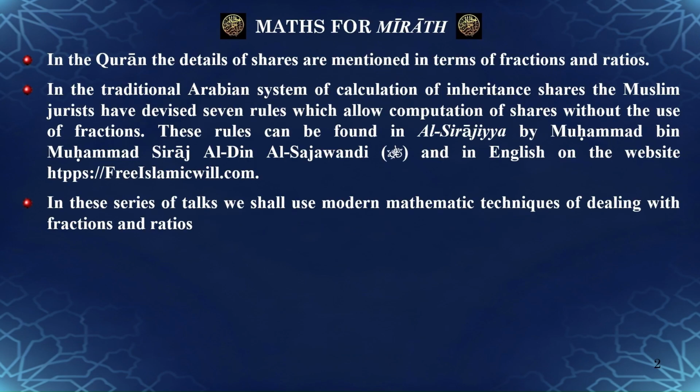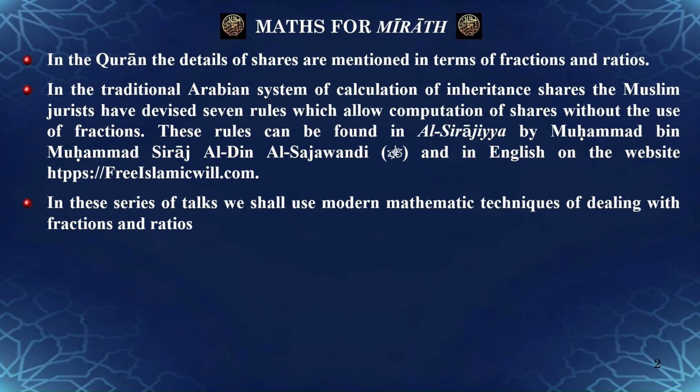In the Quran, the details of shares are mentioned in terms of fractions and ratios. In the traditional Arabian system of calculating inheritance shares, the Muslim jurists devised 7 rules which allow computation of shares without the use of fractions. These rules can be found in Al-Sirajiyah and in English on the website freeislamicwill.com. In these series of talks, we shall use modern mathematic techniques of dealing with fractions and ratios when calculating